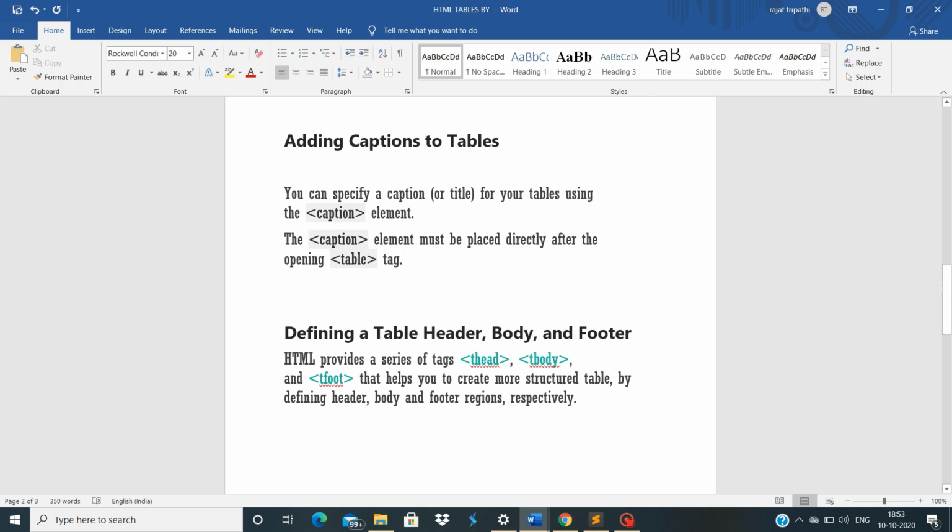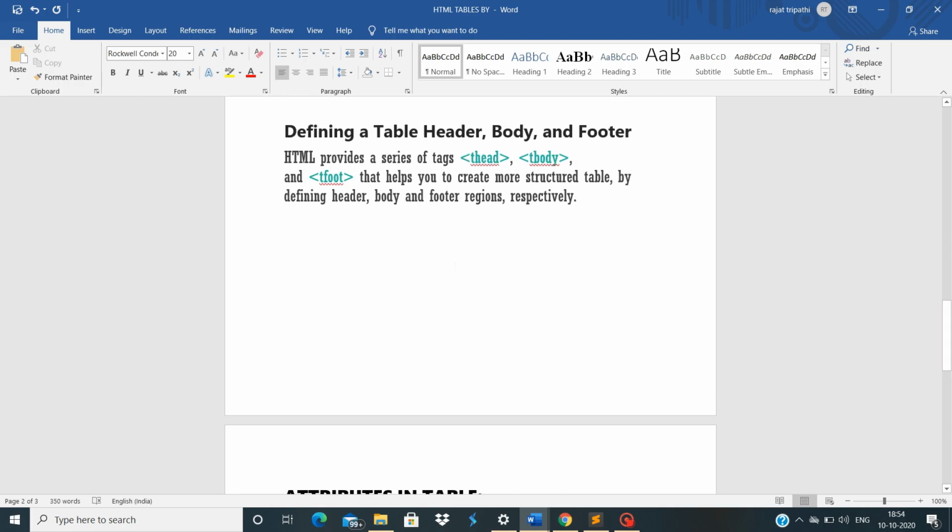So caption is like a heading for a particular table. You open and close the caption tag like any other tag, and between those tags you write text which will be used as the heading for the table. Thead, tbody, and tfoot, table header, body, and footer. These are also some tags used for HTML tables, but they will be used only if stated in a particular question. Normally we don't need these, especially if we are allowed to use CSS, then these tags will be of least use.